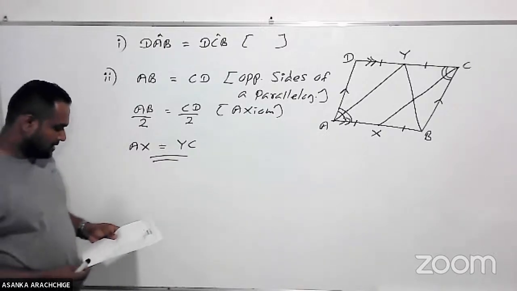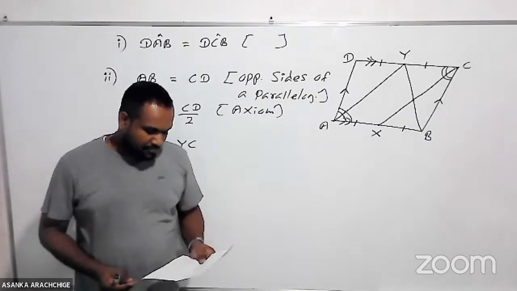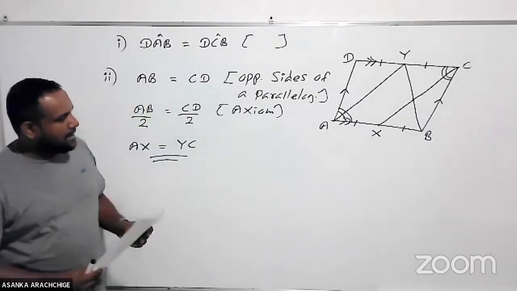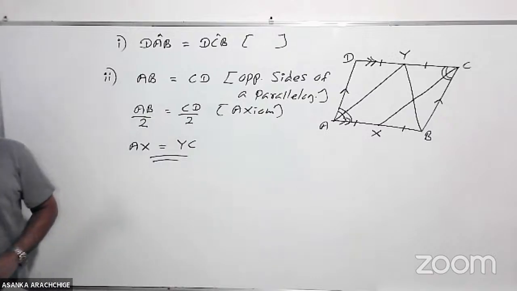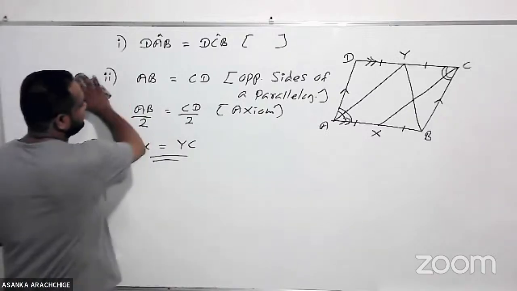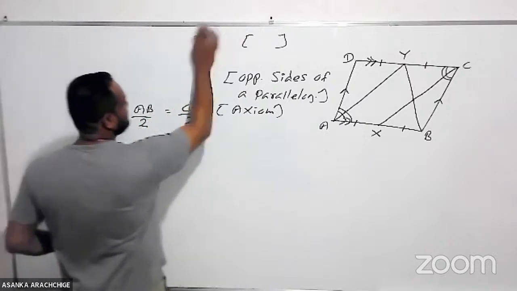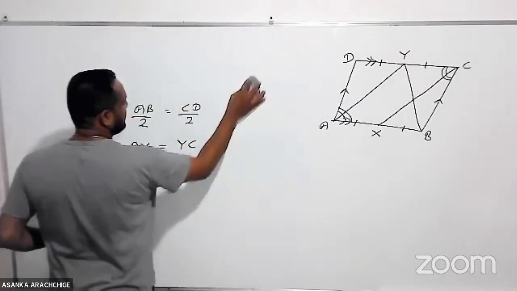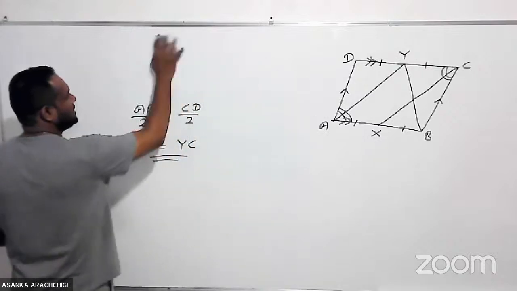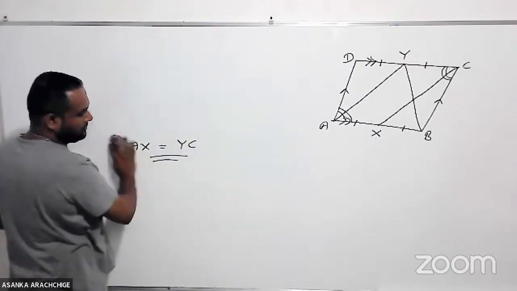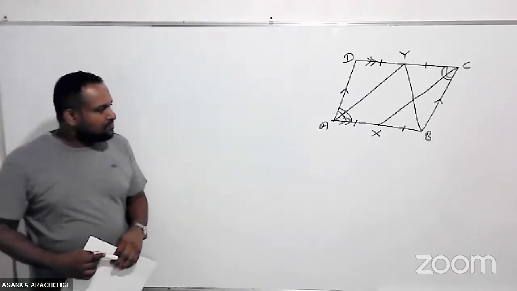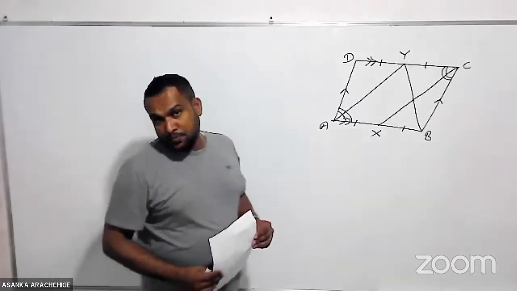Then, number 3, prove that AXCY is a parallelogram. AXCY. That is really simple now, because we have found all the things required to prove that. Okay, now look at it. We are asked to prove that